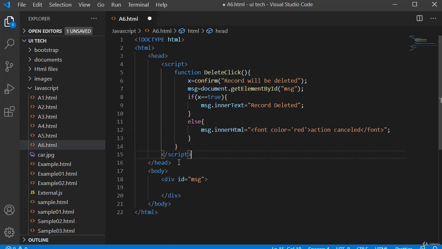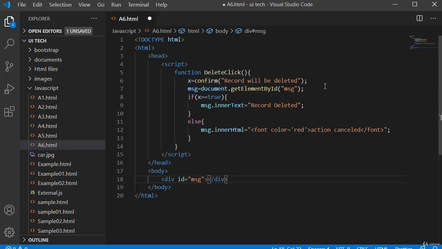So this is our web page. I will explain the execution process, how our web page is executing. Here I am writing a div tag, and for this div tag I'm giving an ID name equal to msg, and I'm writing a function deleteClick. Inside deleteClick, I'm creating an x variable, and I'm writing the confirm function with "record will be deleted".